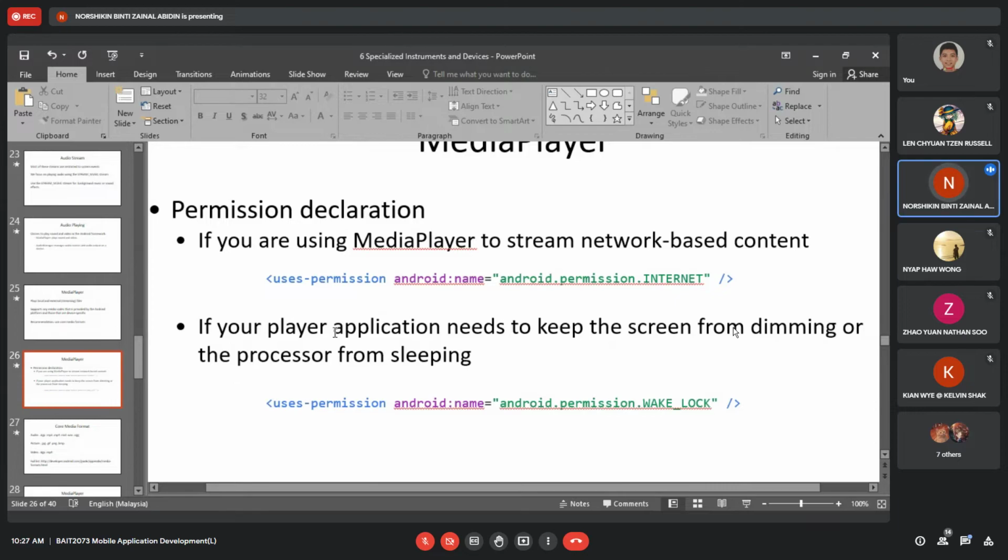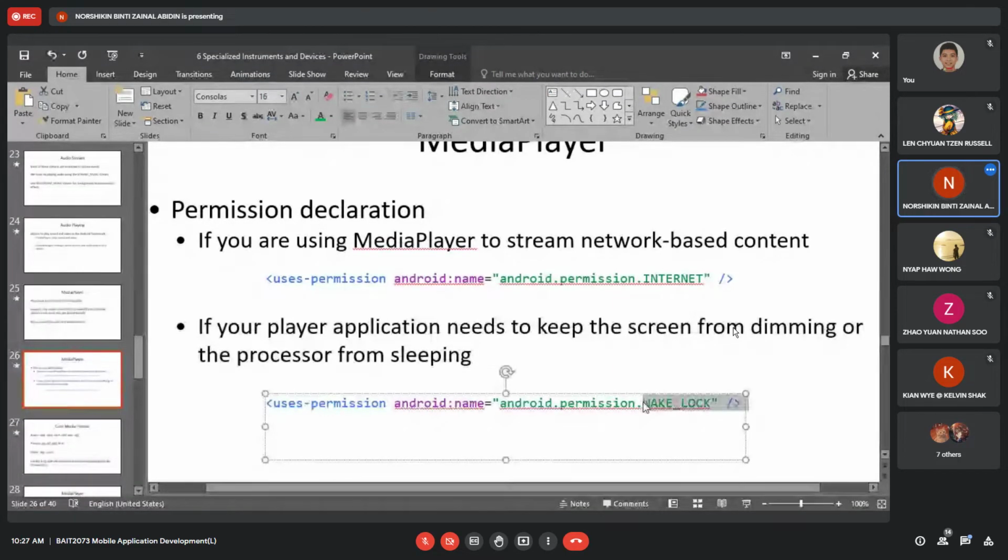If your player application needs to keep the screen from dimming or the processor from sleeping, you need to do the same. This one is internet, this one is the WAKE_LOCK. Even in the previous slide just now, I did highlight the same thing.